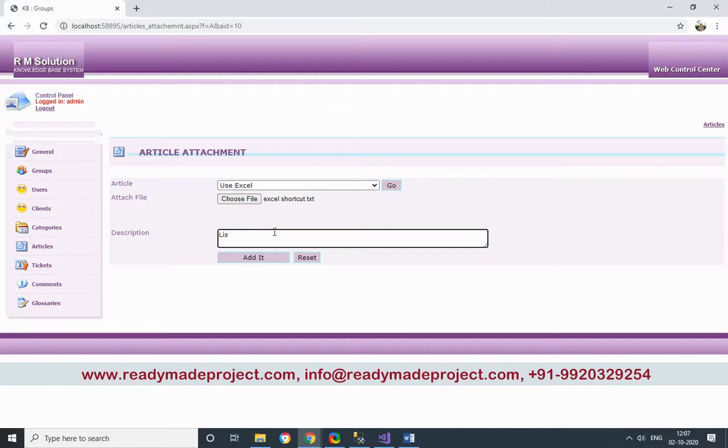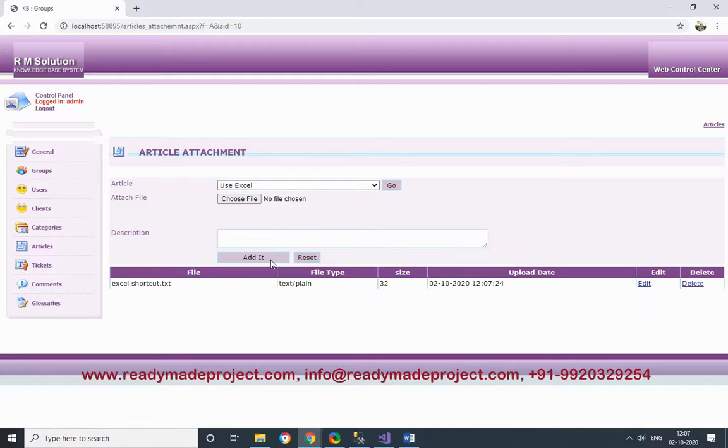So this is the description of that attachment: list of shortcut keys of Excel. Now click on edit. So this is the edit. So once the user browses this article, he can download this Excel also.